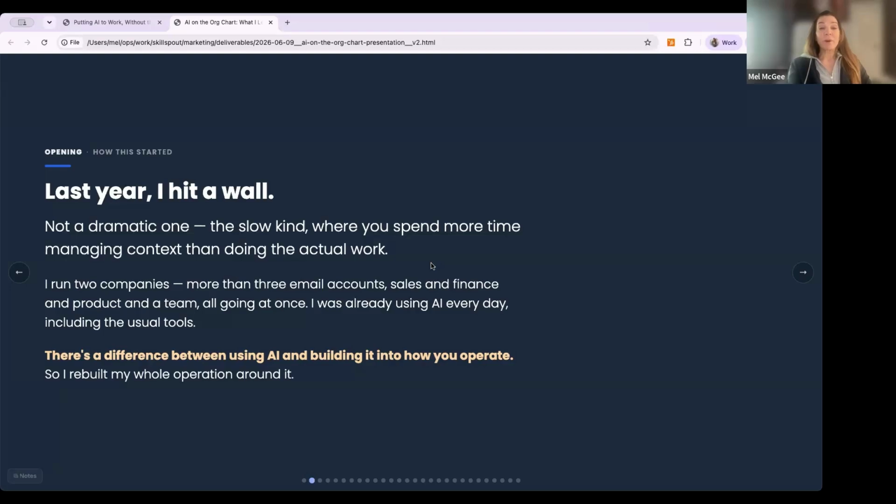And one promise before I show you any of this: there are a couple of different types of voices that are pretty loud out there. The first group is people selling you the most powerful thing you don't need. And on the other end of the spectrum, you have folks who are saying it's simpler than it really is. And I'm not going to be either one. I'm not going to give you theory, I'm going to give you evidence.